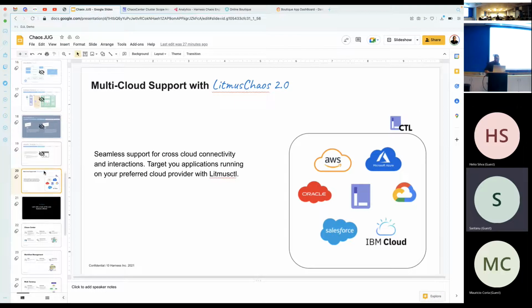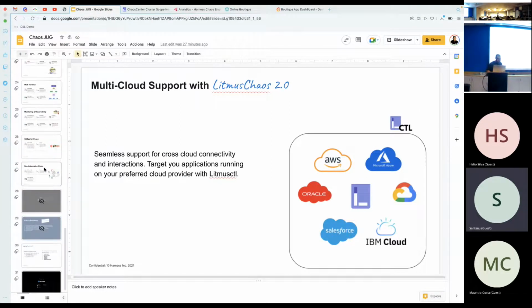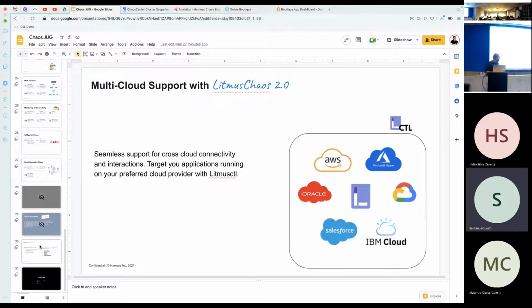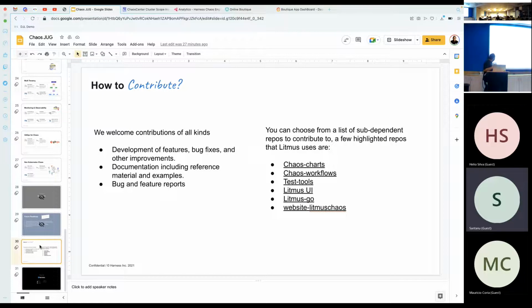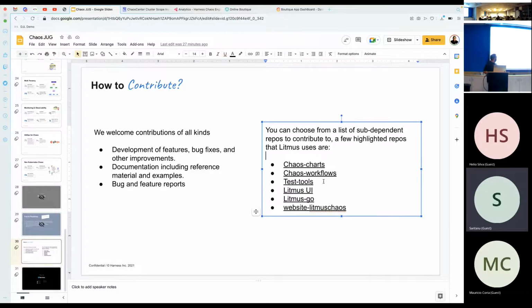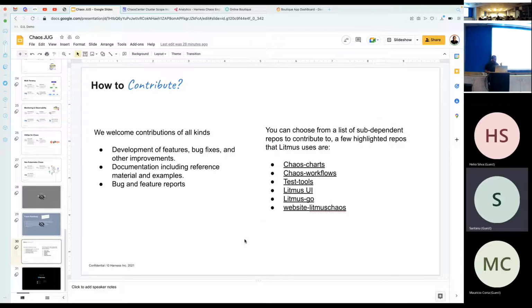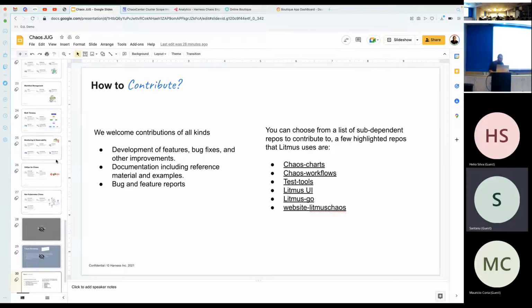But just coming back to the slides, the last thing I want to show you, and this is a talk to try to bring people to contribute. So these are a couple of projects that we have in Litmus that you guys can get involved with. A very easy way to start is just to create those workflows. The way you saw it, like just delete a pod or insert CPU or memory usage into the Kubernetes cluster. You guys could contribute with other types of examples as well. And we have lots of them, but